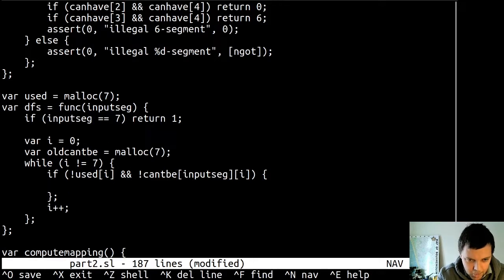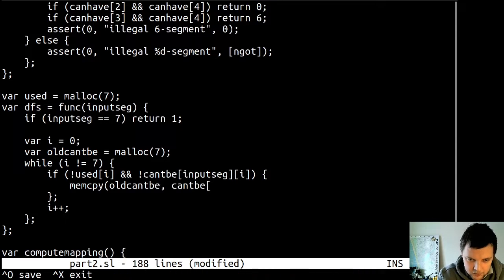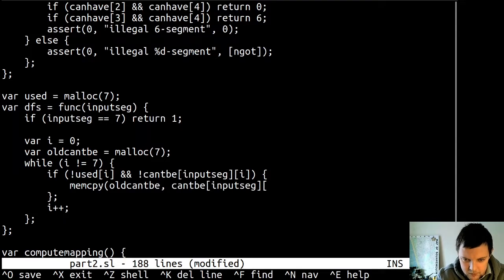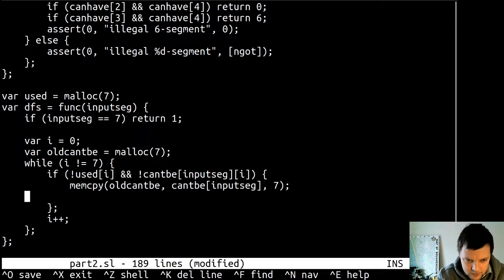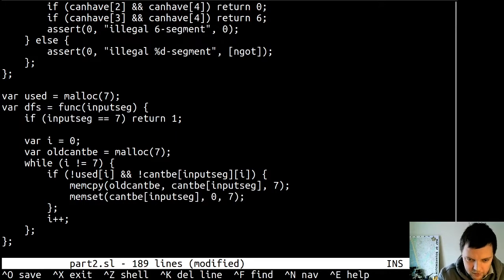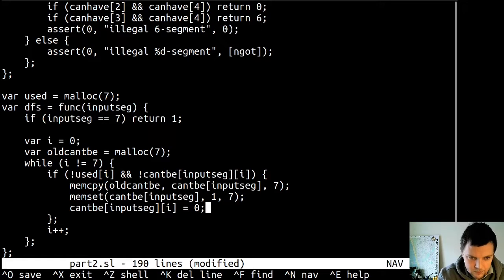Must remember to free it. So we'll copy to old can't be input seg 7. We'll set can't be input seg to 1 for everything, and then we'll say it is I, and then recurse. So if the